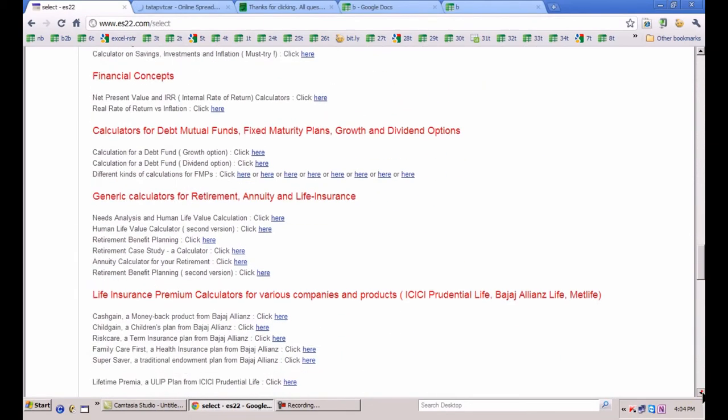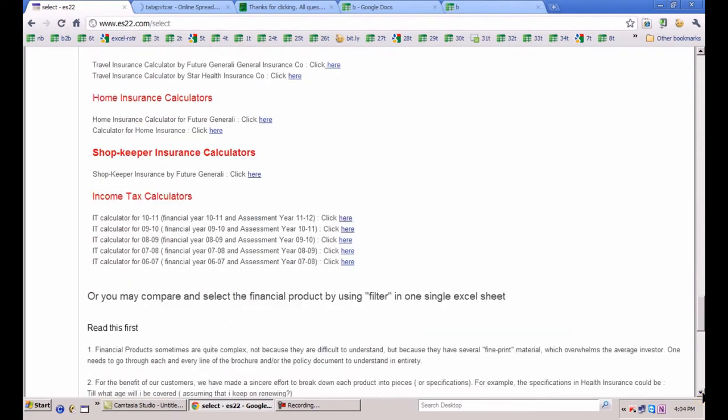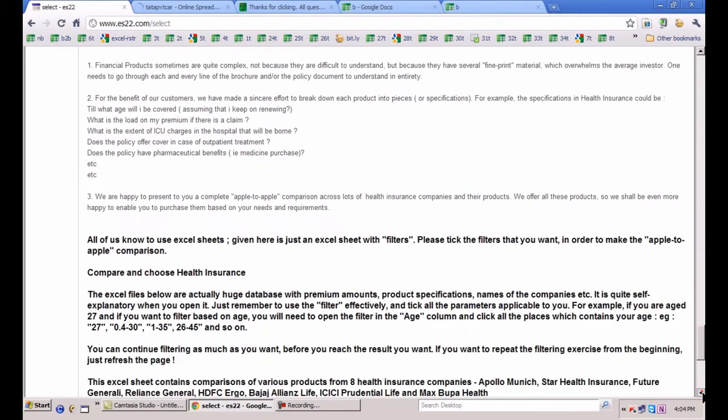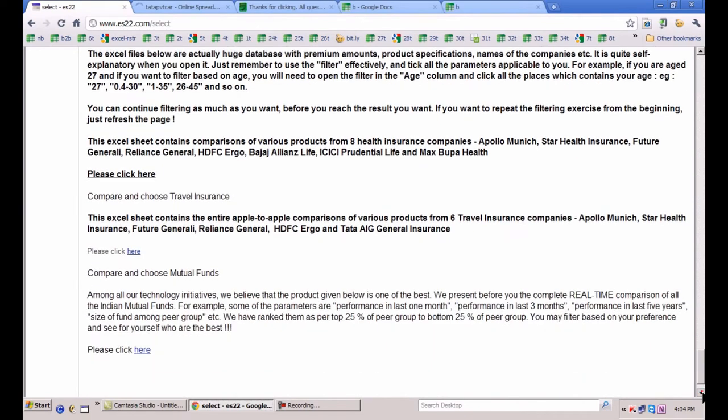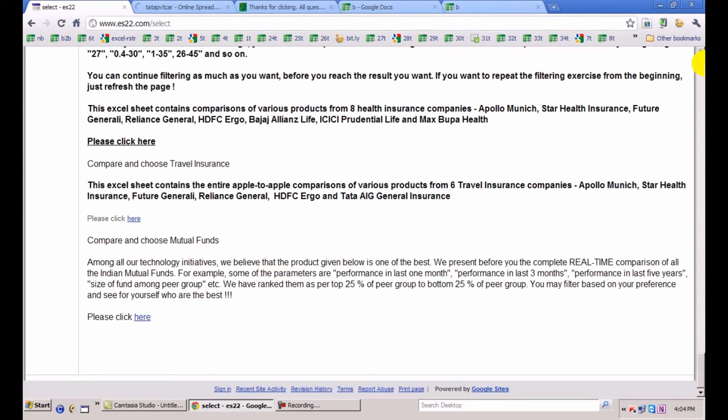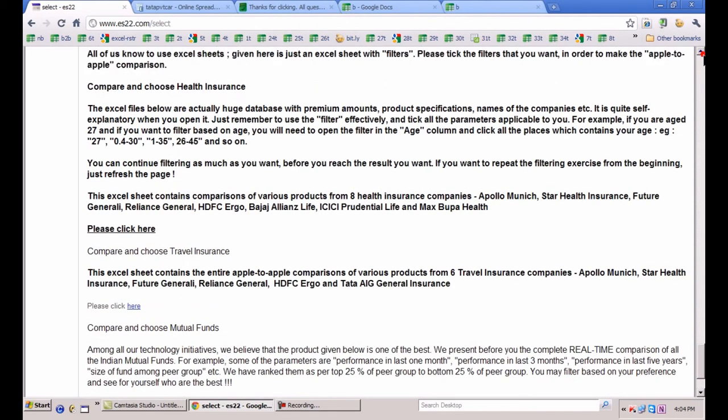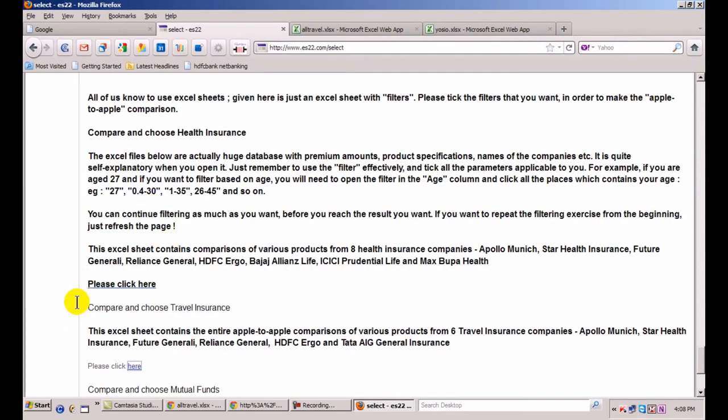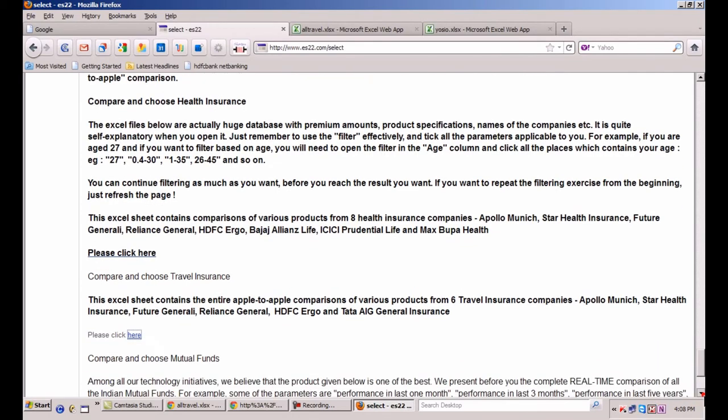We have taken things one step even beyond all that by giving 3 very powerful tools for customers. One is for health insurance, one is for mutual funds, and one is for travel insurance. You can see them right at the bottom. I will take you very quickly through each of these one by one. You can see these 3 calculators: the health insurance calculator, the travel insurance calculator, and the mutual fund calculator. We believe that none of these calculators in their fullest form are available anywhere in India at least. I am just opening the health insurance calculator. I am clicking here, and it comes on here.